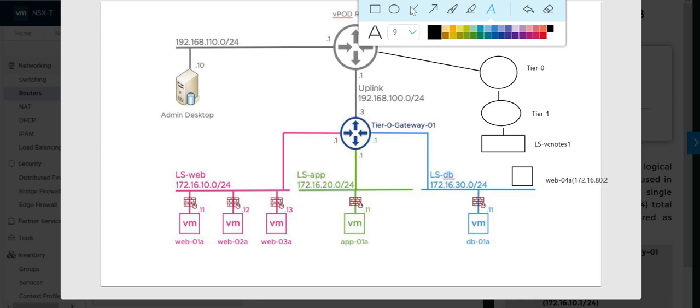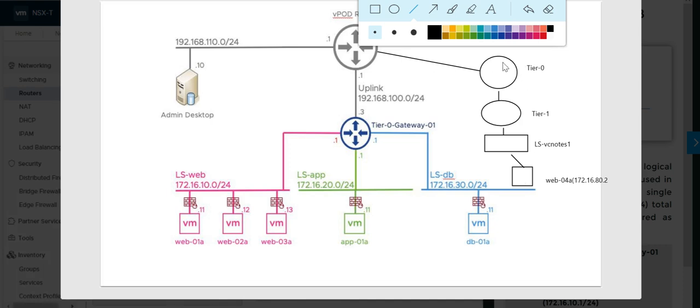So this virtual machine is connected with this logical switch. This is a kind of transit logical switch between my tier 1 and my virtual machine. So I have changed this topology, and I have configured it now.